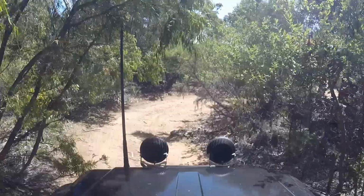Little lizard, little goanna. Out getting a bit of sun. Winter's over. You can finally get out. Now, as I was saying, this track ain't overly hard. It's just super slow. And as you can see right now,